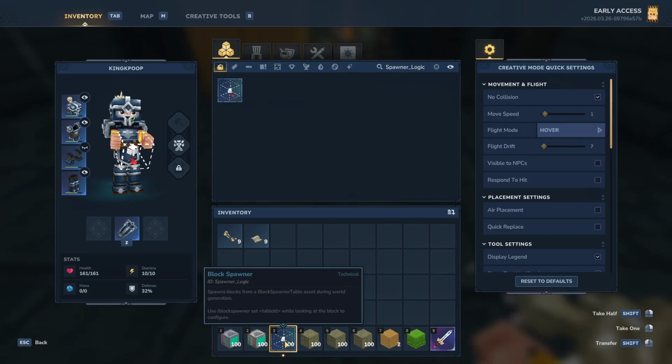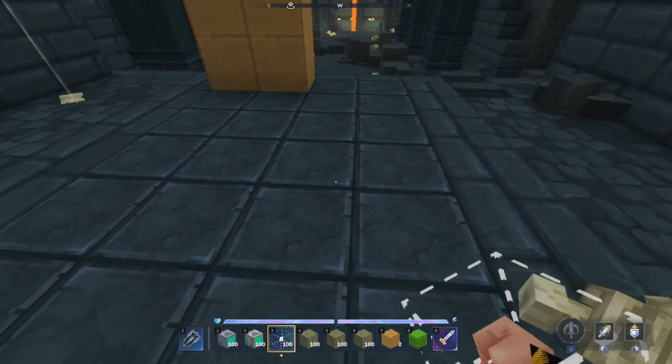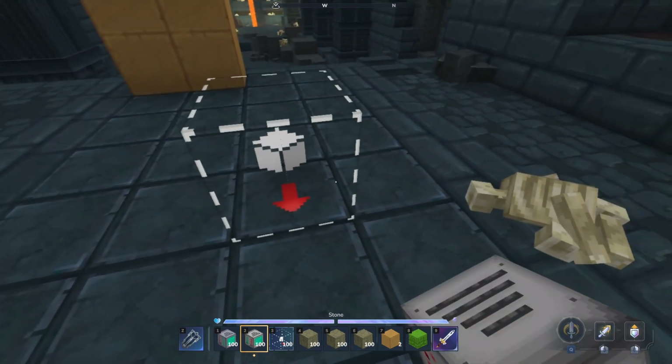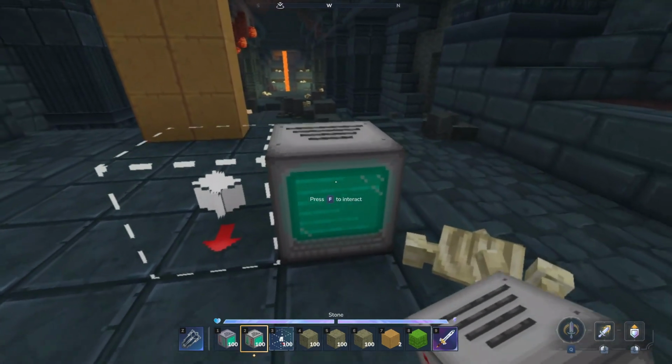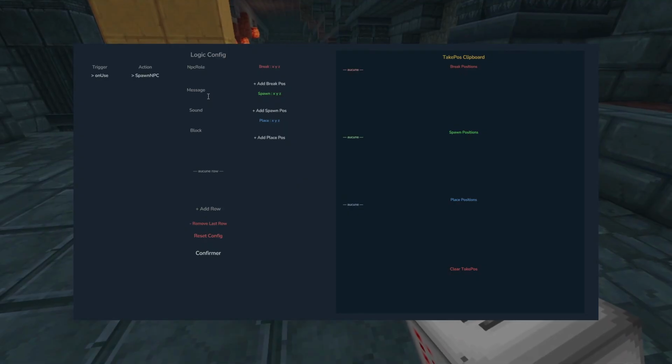So take the spawner logic, place it on an empty spot, place your config block on it, and now we just need to activate the spot. We're gonna just make a random row. A new spawn NPC skeleton, made add row, type it, add row, it confirmed,